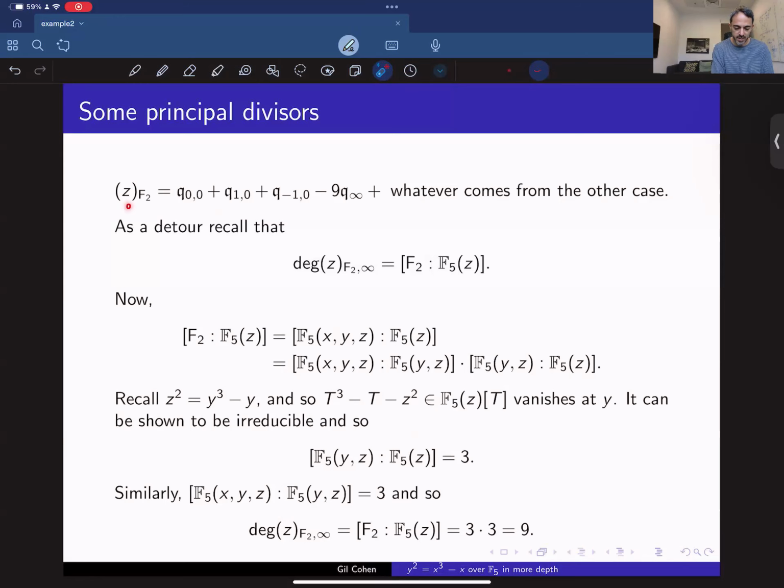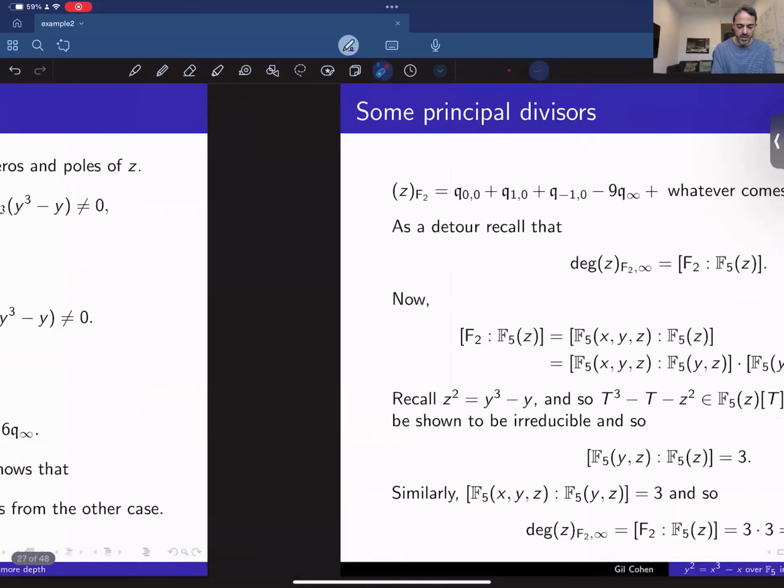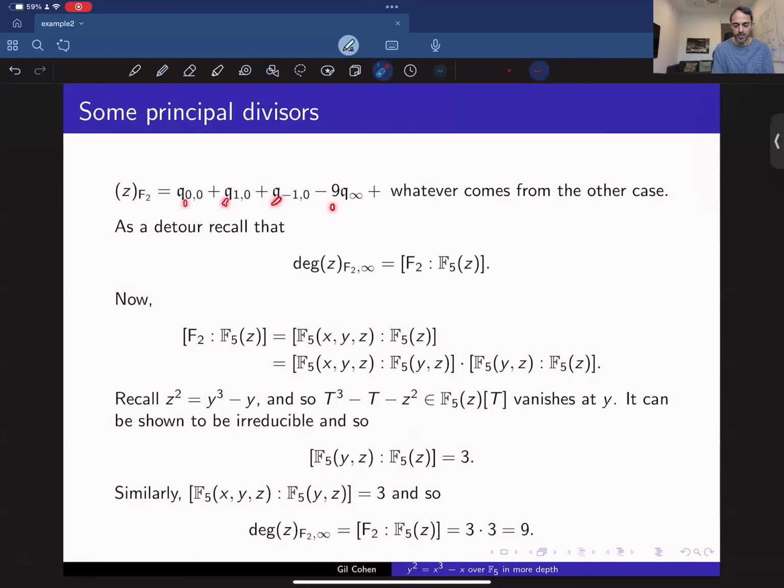We just saw that z has this as zeros, this as a pole, and then there should be other stuff coming around. But I claim that you already know that this 9 is, there are no more poles. And the remaining zeros should have a total degree of 6 to make sure that the degree is 0. And the reason is, if you remember, at some point in the course we proved that